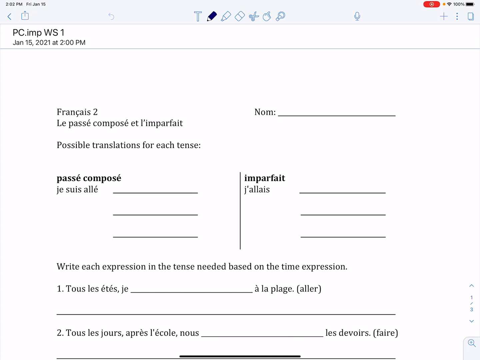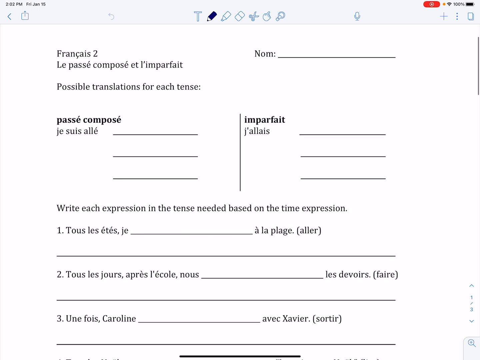I wanted to make this video to explain this assignment for you, to give you a quick refresher on what I'm going to be asking you to do to complete this assignment. The only difference here between what we've already done is that in addition to conjugating your verb in either the imperfect or the passé composé, you're also going to translate the sentence into English. And the reason you're doing that is just to reinforce that these are both past tenses and how each tense